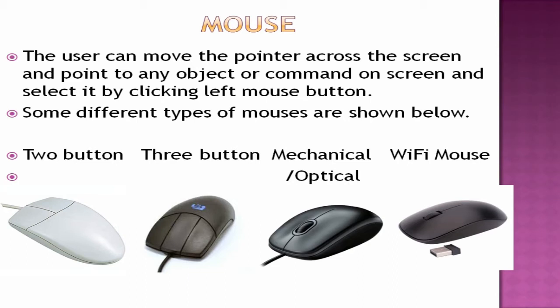So, how does the mouse work? On the basis of the technology it uses, a mouse may be a mechanical or an optical mouse. A mechanical mouse has a ball to sense the movement of the mouse on the mouse pad, whereas an optical mouse uses a light beam, that is, LEDs and photo detectors are used. The mouse is a handy input device used to work on software with a GUI, which means graphical user interface. It fits in your palm, and you place it on a mouse pad. You can easily move your mouse and click the buttons and use it easily.